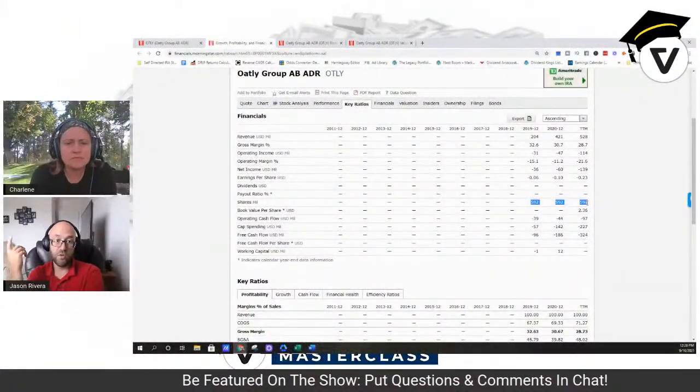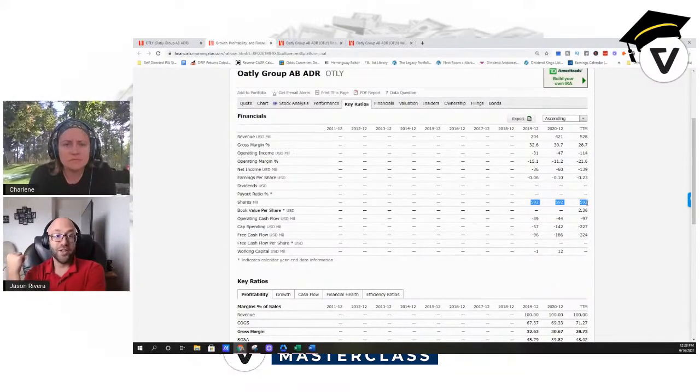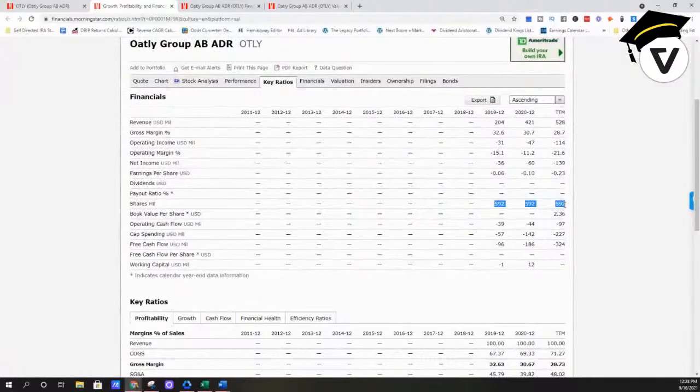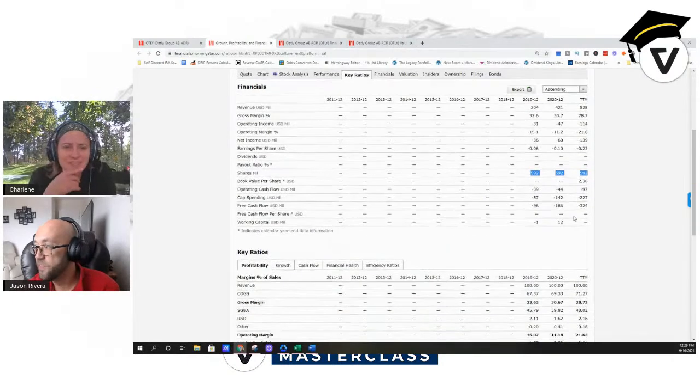I've seen some companies where they just have massive share dilution, let's say they went from 592 million shares to 5.92 billion shares. I would expect the company's shares to have gone straight down, because of the lowering cash flows and profits per share based on the huge share dilution. So this is something to watch out for. Buying back shares is typically a good thing if the company's undervalued as well.